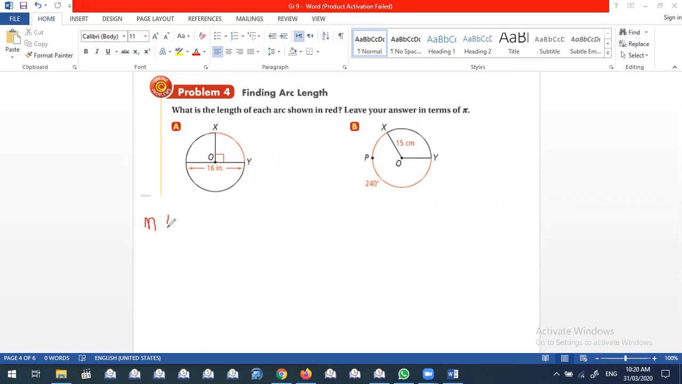Measure of arc XY equals its opposite central angle. So it will be 90 degrees, because the central angle opposite to this arc is 90. Here we have the diameter of the circle. So we have diameter equals 16. So we are going to use the rule of the diameter, which is